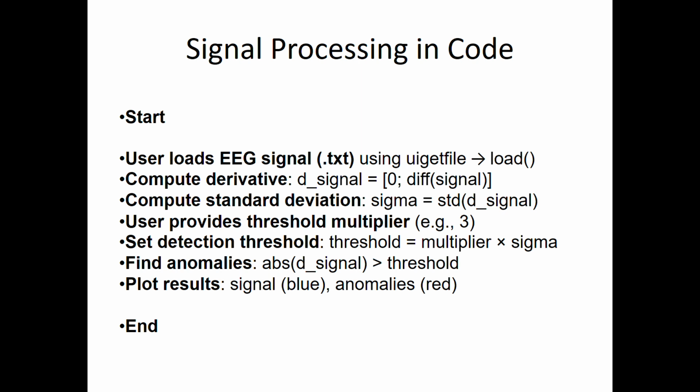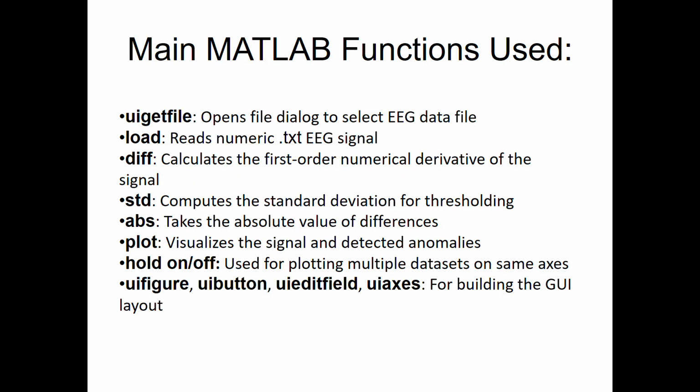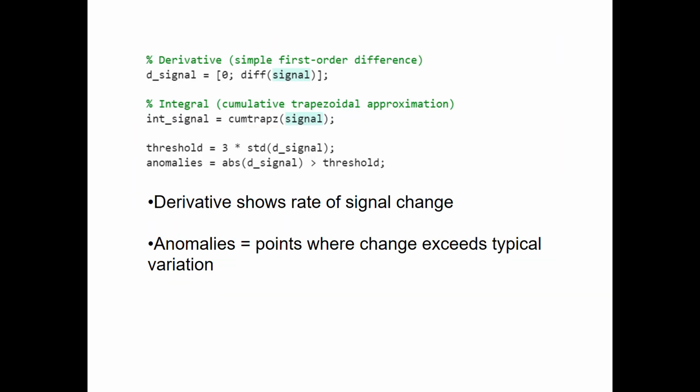Here you can see the pseudocode that is used in the script from start to end. And also you can see the MATLAB functions used in this graphical user interface function. We talked about this. The derivative shows the rate of signal change, and anomalies are points where the change exceeds typical variation, highlighted in